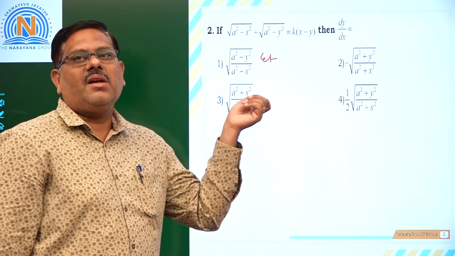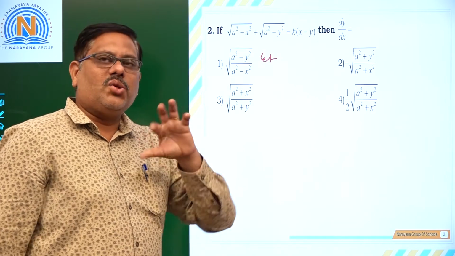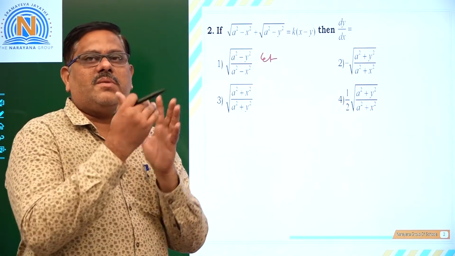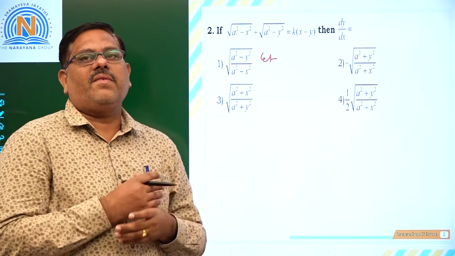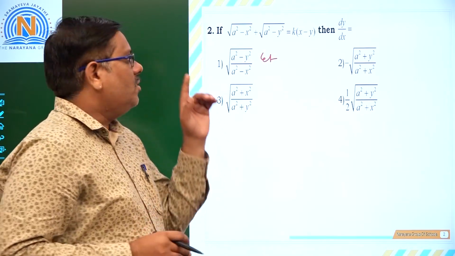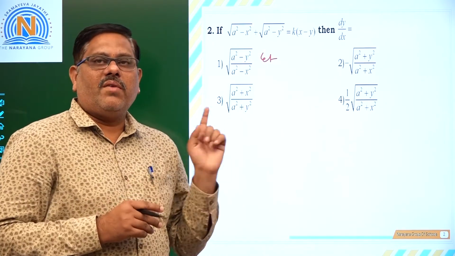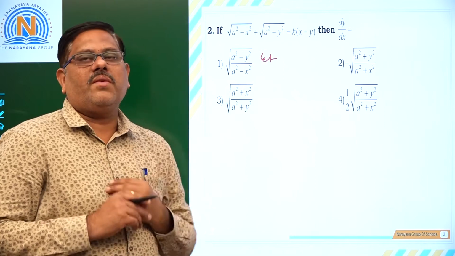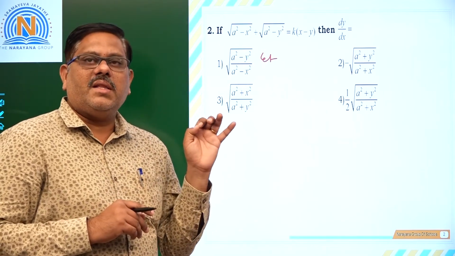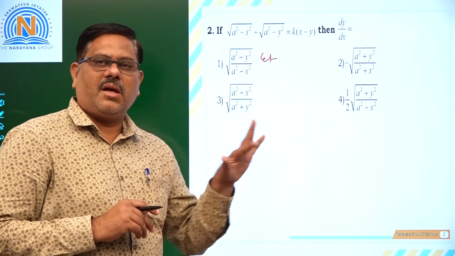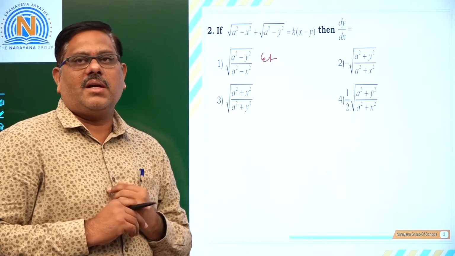Root is a little typical task to handle. So if you remove the root, function simplification is very easy, thereby differentiation is also very easy for us. So this is a standard substitution. Whenever you have a function of the kind root over a square minus x square, you must take x as either a cos theta or a sin theta. Any of them you can take. You will get the resultant answer, right?